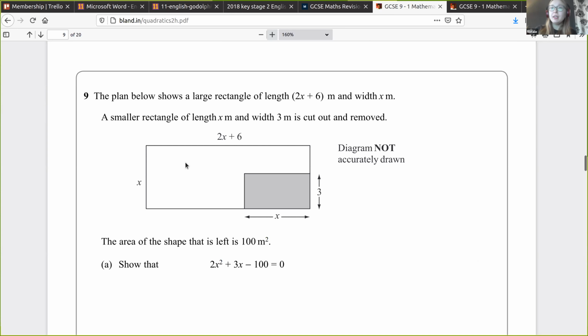So, the first thing we're going to do, if this wasn't an algebra question, if we'd been given actual numbers, we would work out the area of the shape that is left by doing the area of the bigger rectangle, the whole thing, minus the bit that is cut out. And we should all be familiar with that method now. The only added complication here is that we've got some algebra, but our method is going to stay exactly the same. So the area of the big shape, before it had something cut out, is going to be its length times its width,